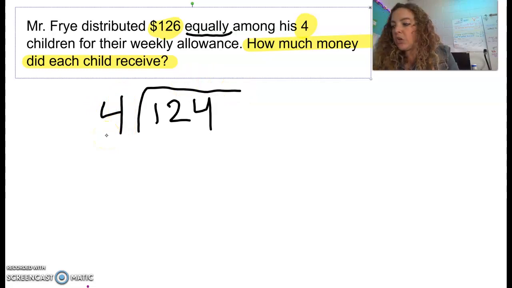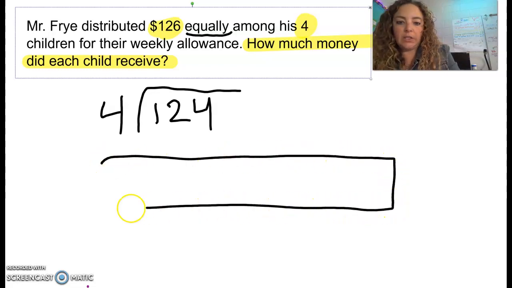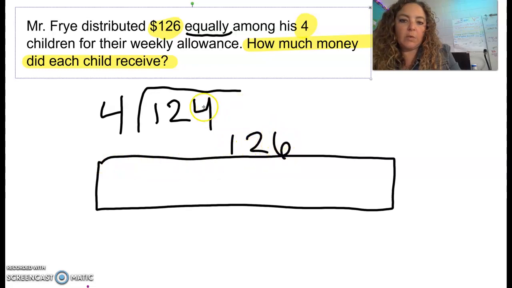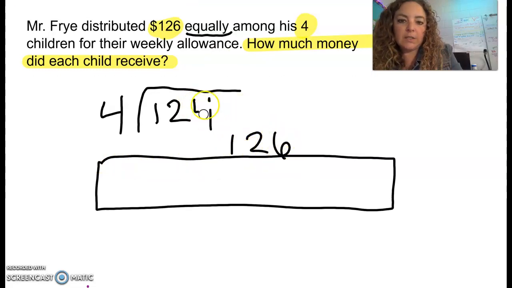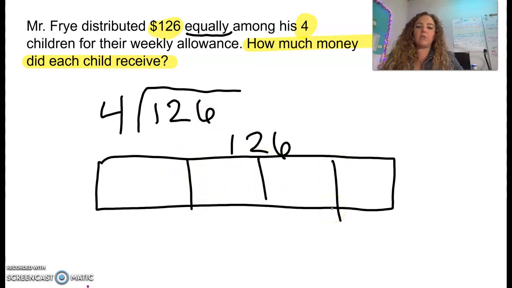If we were asked to show this with a model, it could look like this. This could be our 120. Oh, and I put 4 up here and it's 126. Let me erase that really quickly. This could be our 126, right? And we want to make it into 4 equal pieces. And I know those don't look perfectly equal, but this would be a good way to model it, is that